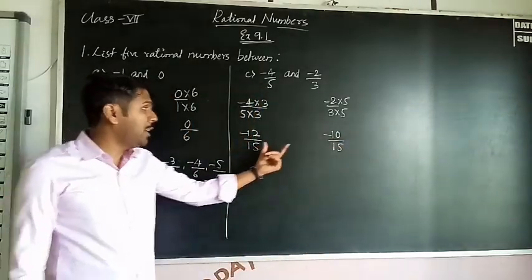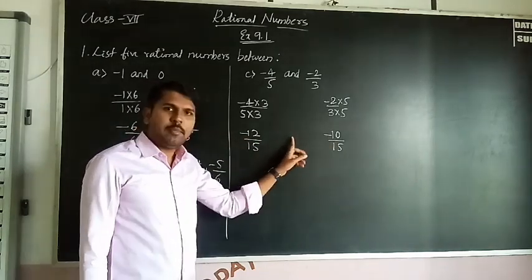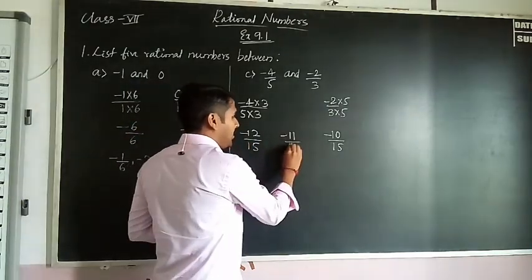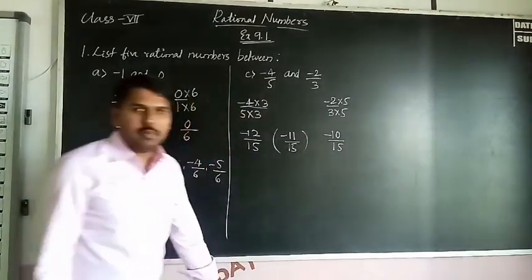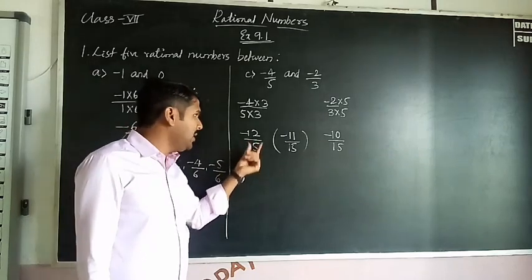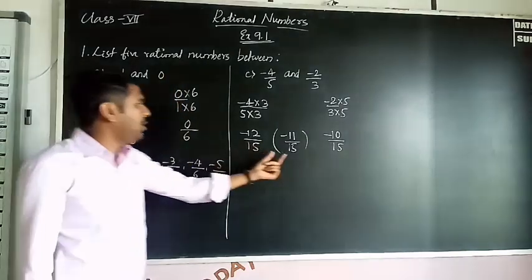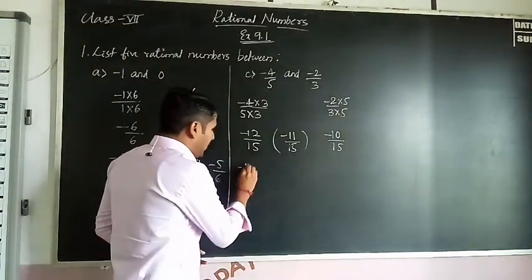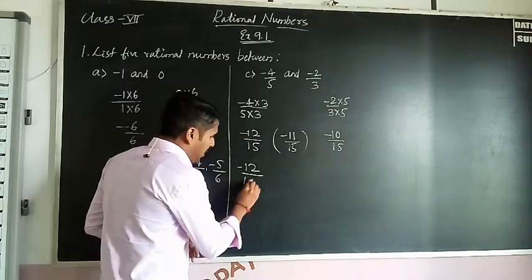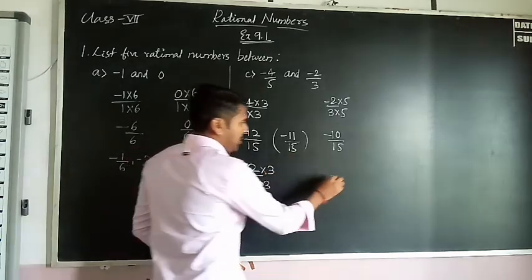Okay. In between you will get only one rational number, that is between minus 10 and minus 12. Here you will get minus 11 by 15, only that one. So this is the in between rational number, but they ask you to find 5 rational numbers. Okay. So multiply these two numbers by any one number. Here we multiplied by 6. Here you already got one number. So multiply it with, what do we have to find, 4, 3. So multiply it with 3, for both the numbers.